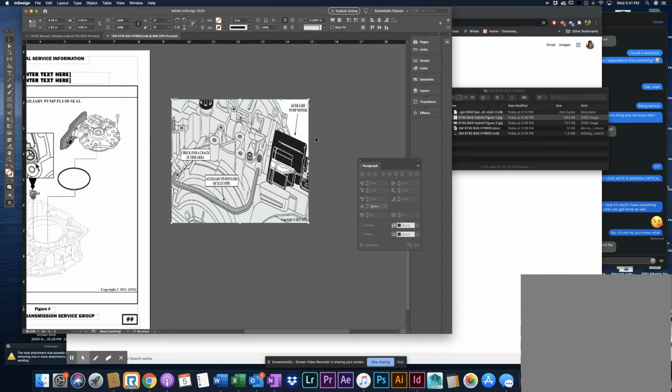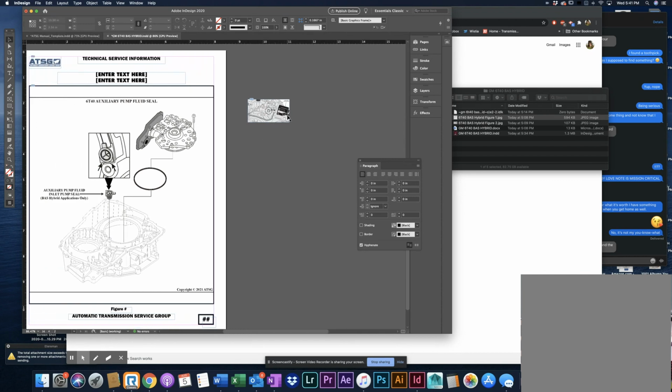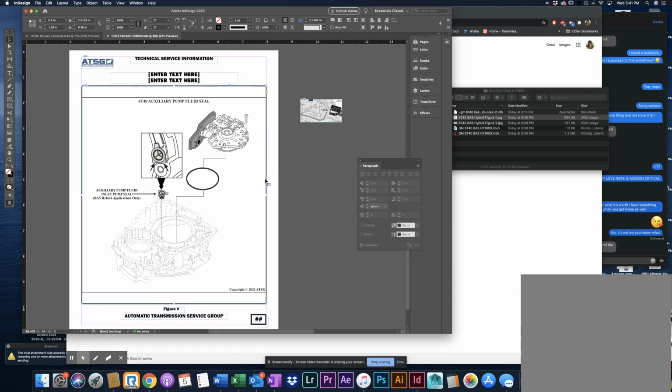So we're going to hit Control Z a couple of times here. And we're going to get back to its original size. So that's just kind of an example of how to use the tool. So we're going to bring this guy actually down a peg. So like I showed you, I can